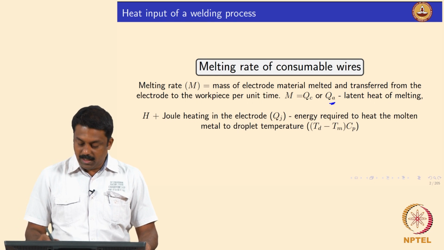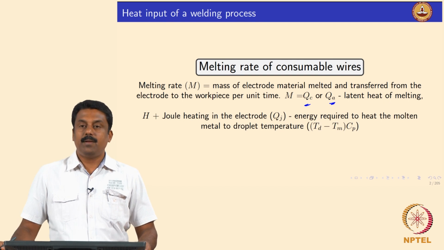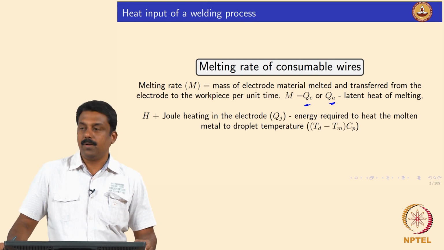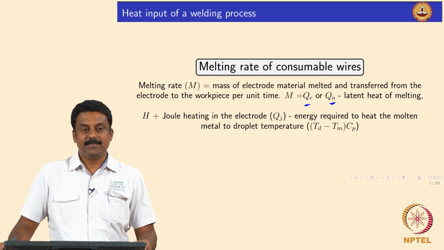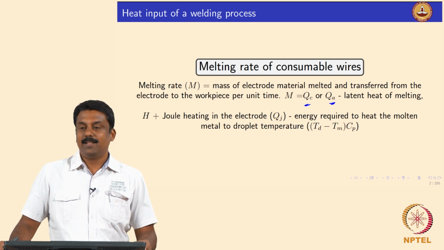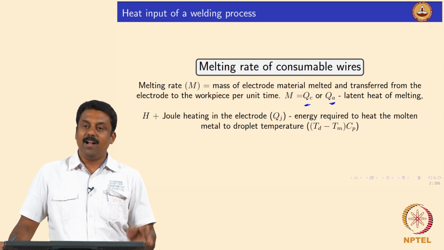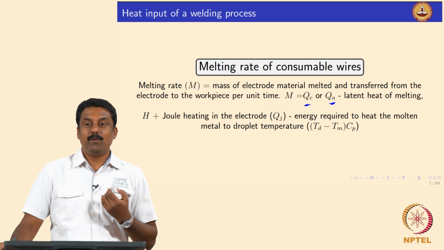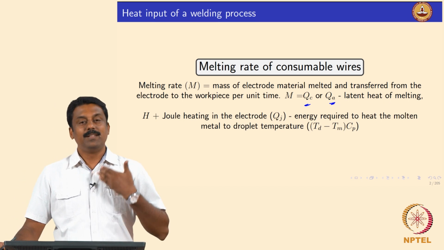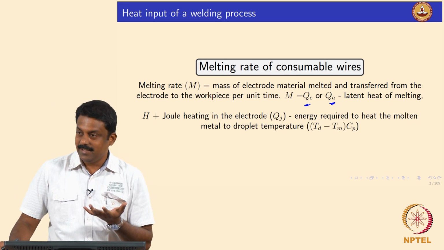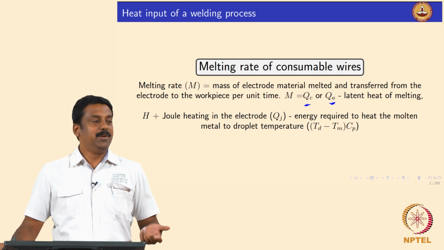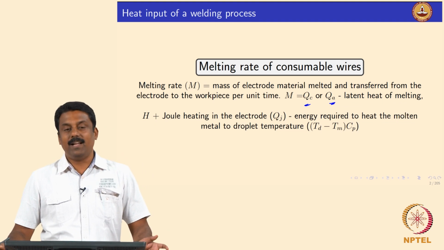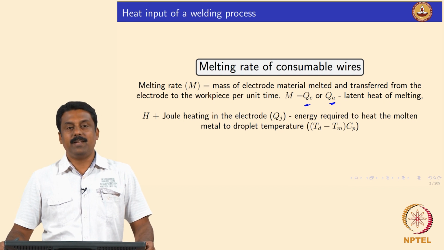So, in this case QA and QC. What polarity will be more advantageous if you want to melt more? Which polarity is better? Reverse polarity, making the consumable the anode. Why? All the positive terms, so heat is high in the anode. If you want to melt more, if you want to deposit more, that means you need to have a high heat. QA must be used because the anode is where the heat is maximum, because of all the positive terms.